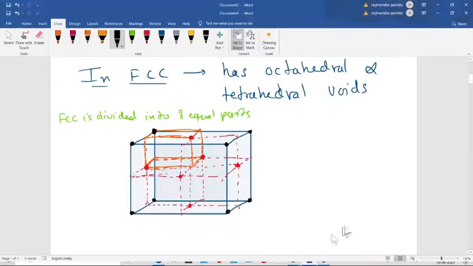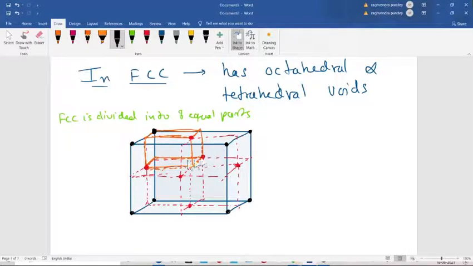Now here you can see 8 parts of this cube. Got it? Now you see this part. So this black color, this red color, this red color, this black color.